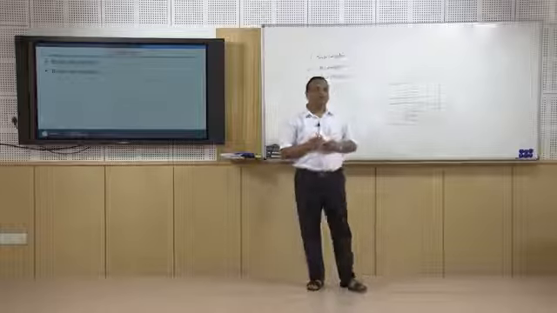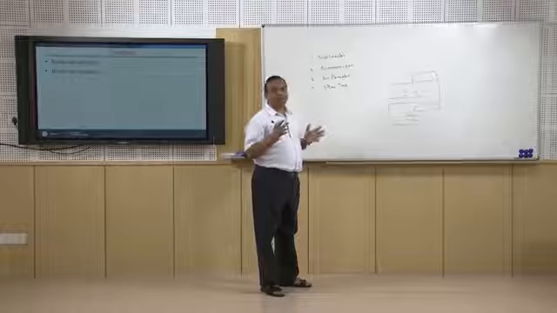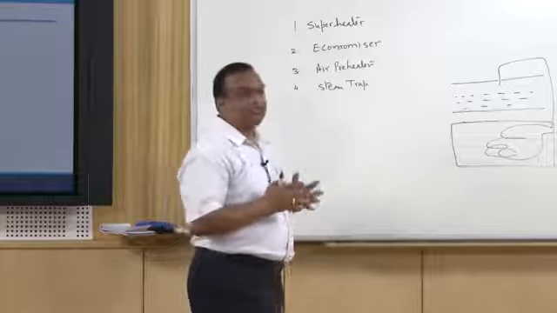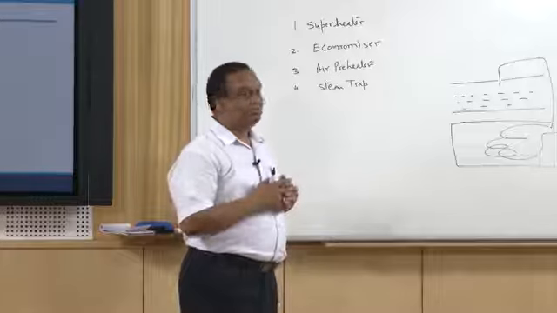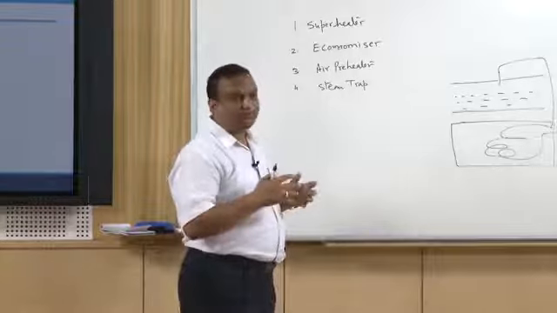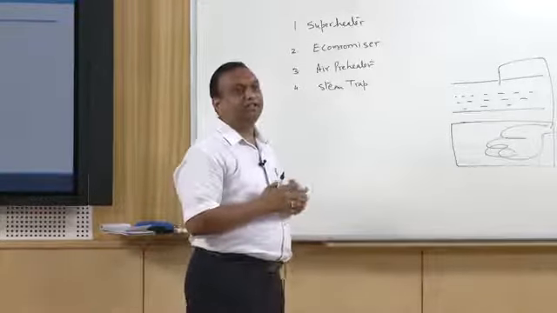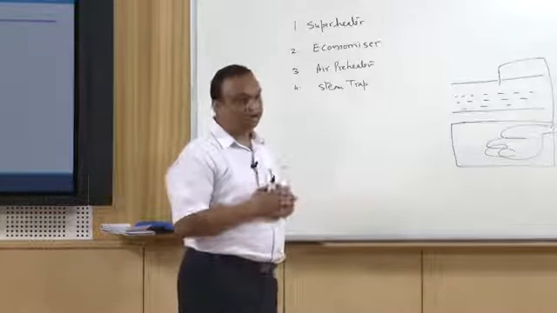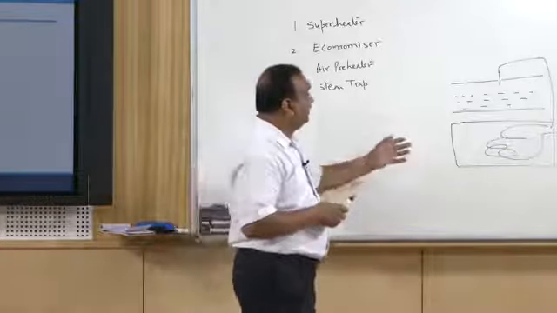So, superheating can be done in two ways, either convective heating or radiant heating. Radiant heating is done because in the grate the temperature is very high, so heat transmission to the working fluid is through radiation, the majority of the heat transfer, right. That is why it is known as radiant heat transfer. And then after radiant heat transfer, the tubes are simply heat exchangers. The working fluid can exchange heat with the flue gases also, because the flue gases are at higher temperature. That is known as convective superheating. So, radiant superheating and convective superheating.